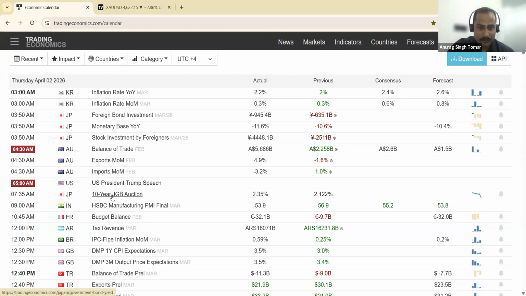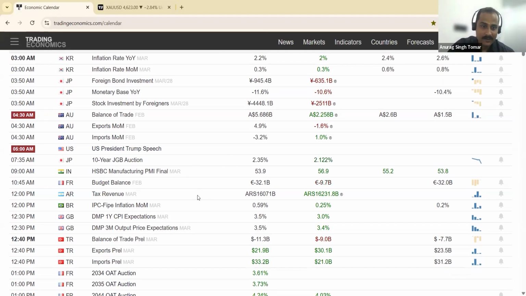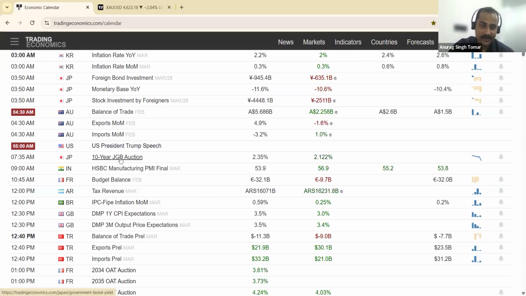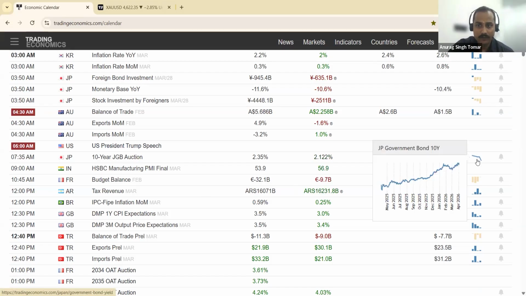Then the 10-year Japanese government bond auction, right? So they have increased their interest. So this is a good thing, right? For 10 years, we need to see the data on how much money has been accumulated. Although you can see a small graph over here, when I click it, you can see the Japanese government bond yields are continuously rising. So it is a bad sign for gold, right? If the bond yields are rising, whether from the US or from Japan, that is going to impact precious metals negatively, because the fixed income assets are performing very well as compared to non-yielding assets.